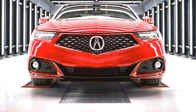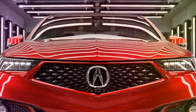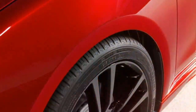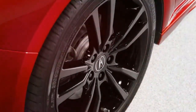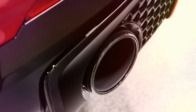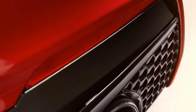"We designed the PMC not only to build NSX, but to give Acura the flexibility to explore handcrafted production of limited edition models," said Acura brand officer, Jon Ikeda. "The TLX and MDX PMC Edition are the first to take advantage of this unique capability, and we intend to explore additional options." The 2020 TLX PMC Edition will sit atop the TLX lineup, powered by an i-Tech V6 unit